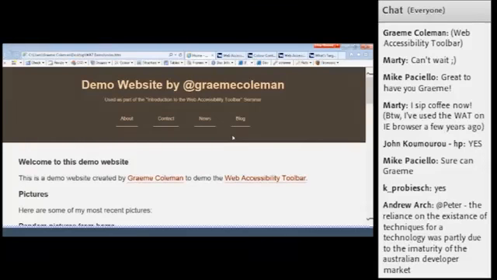One thing to bear in mind, just as a cautionary tale if you're installing this, is if you do have a previous version of the Web Accessibility Toolbar installed, make sure you uninstall it from the add and remove programs option in Windows, where you generally add and remove programs.